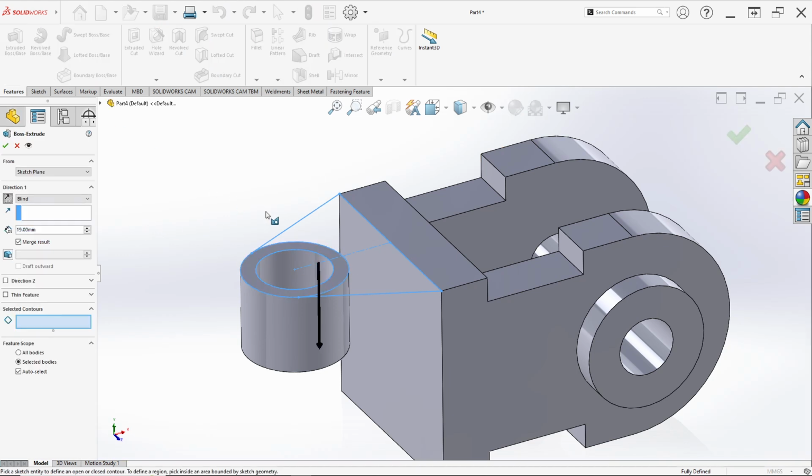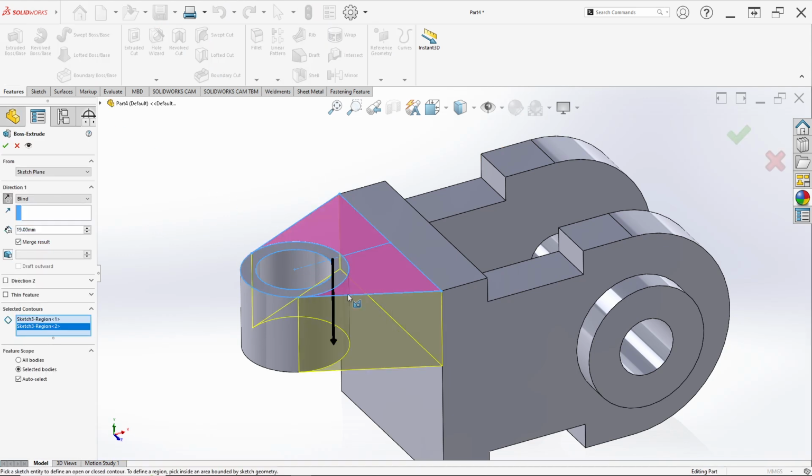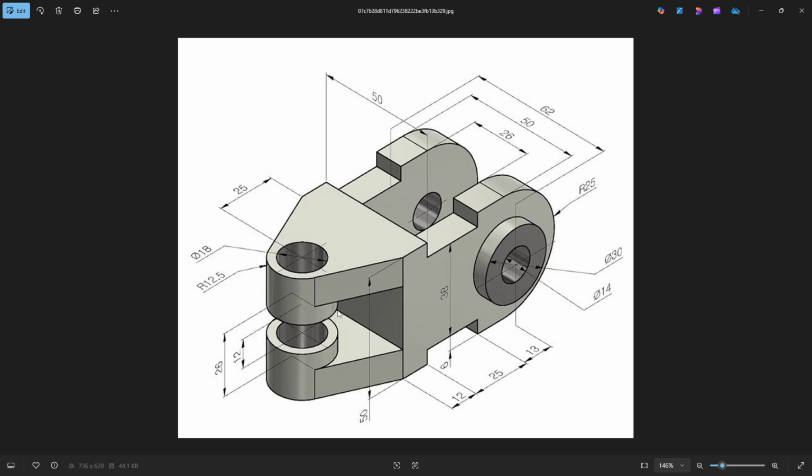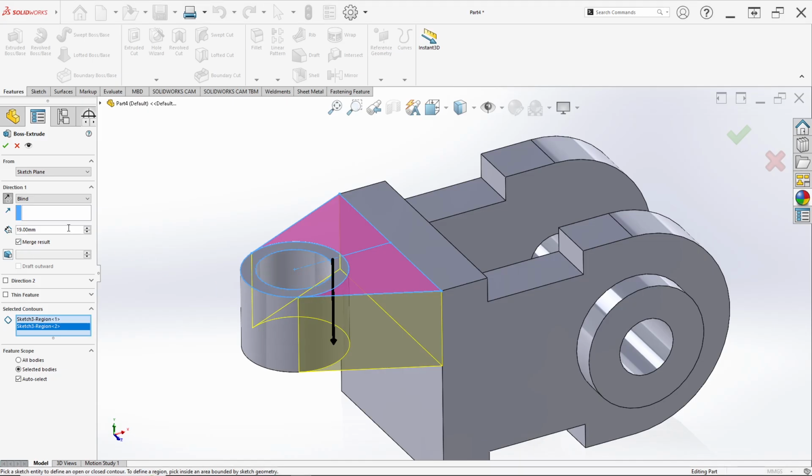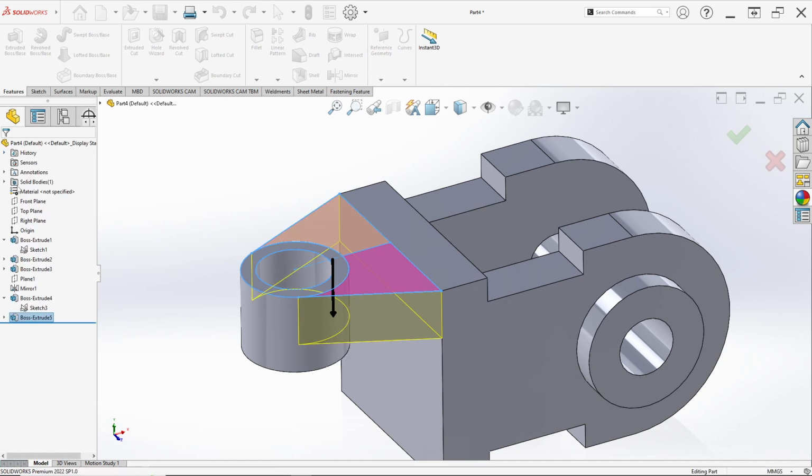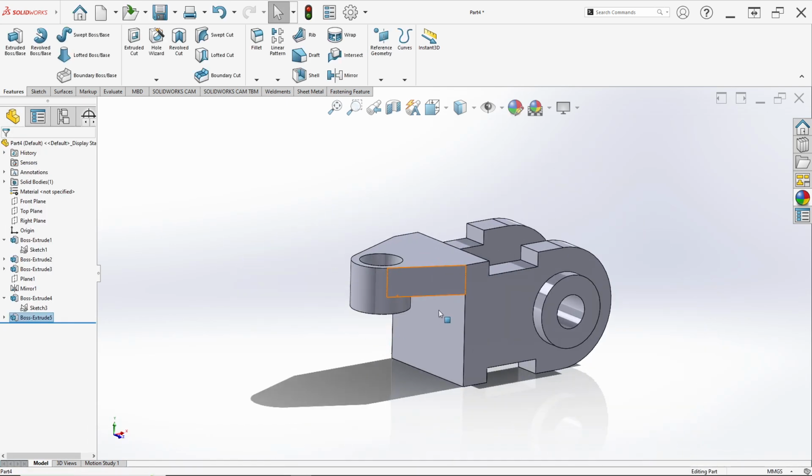And see again sketch 3 and select extrude boss again. Reverse direction to below, select this sketch and this sketch for the select contour. And in here we can see the distance between this edge and this edge is 26. So 50 minus 26 is 24. 24 divided by 2 is 12. So here the depth or thickness is 12 millimeter, like this. Just click OK. It's just simple.